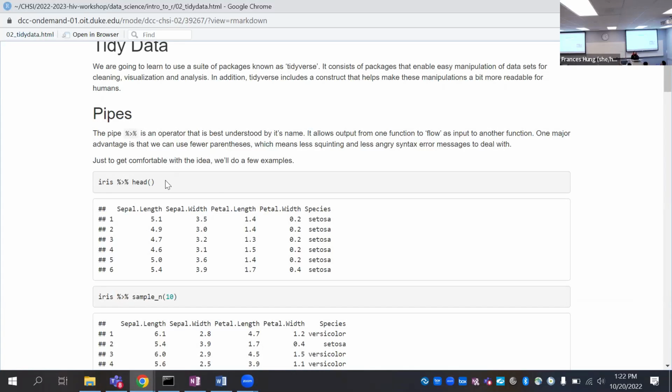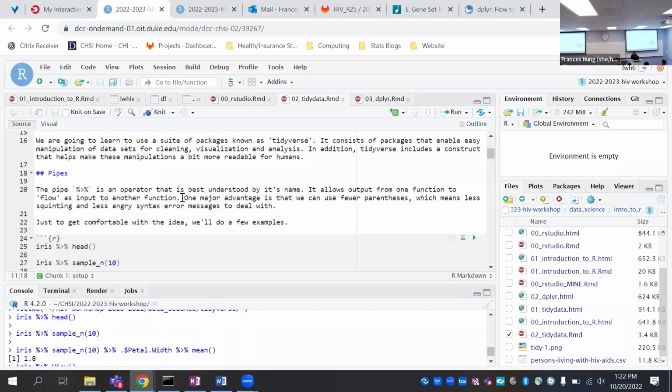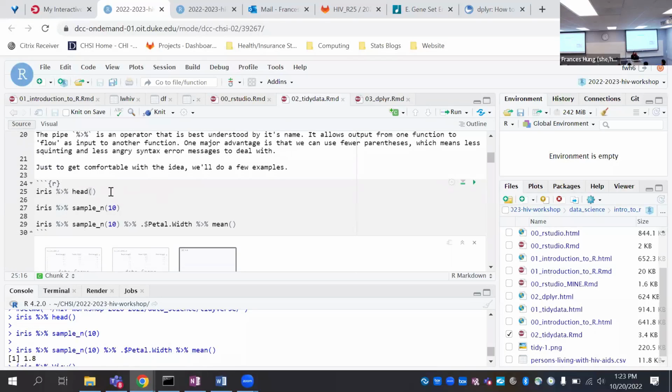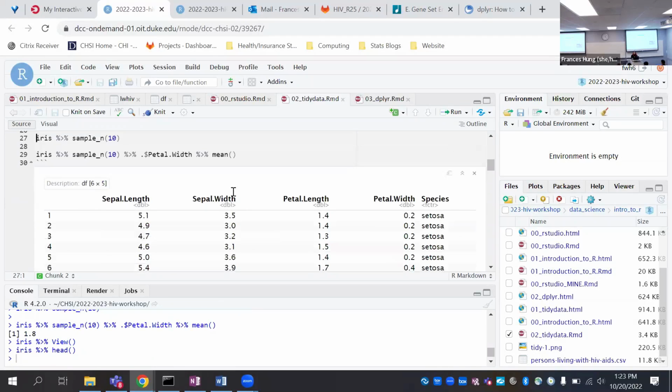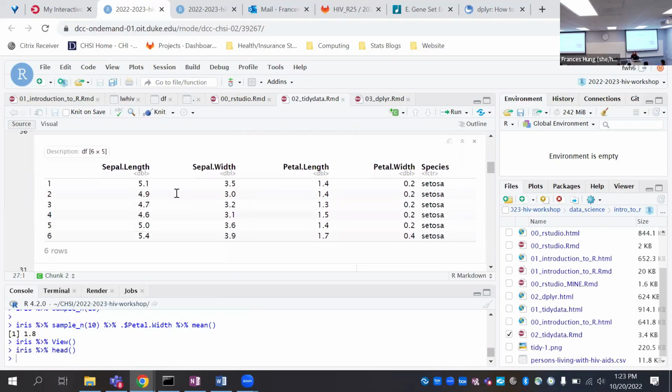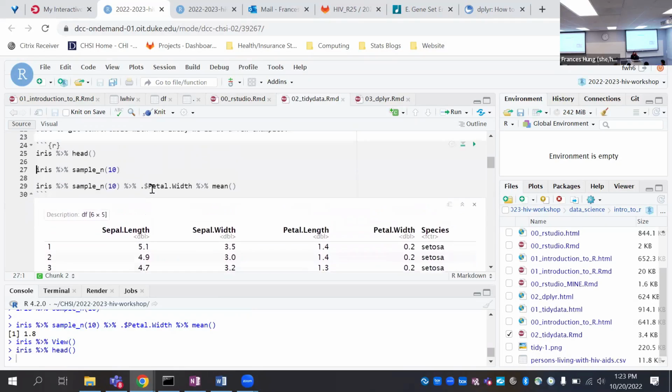Go ahead and run Iris pipe head if you haven't already. In the RMD, as a reminder, you can press Control Enter if you want to run just one command or one row. So here you can see it prints out the first 6.